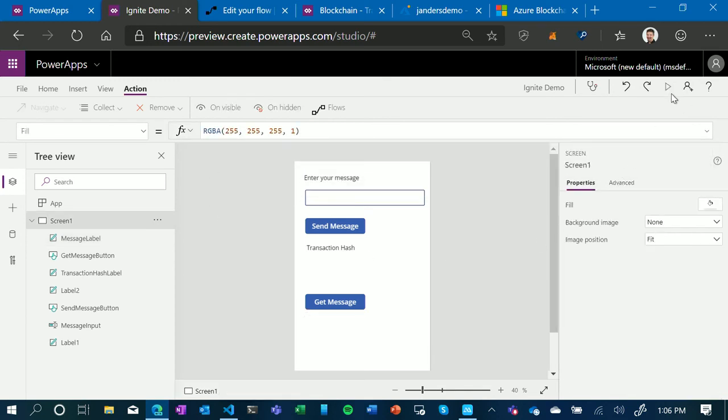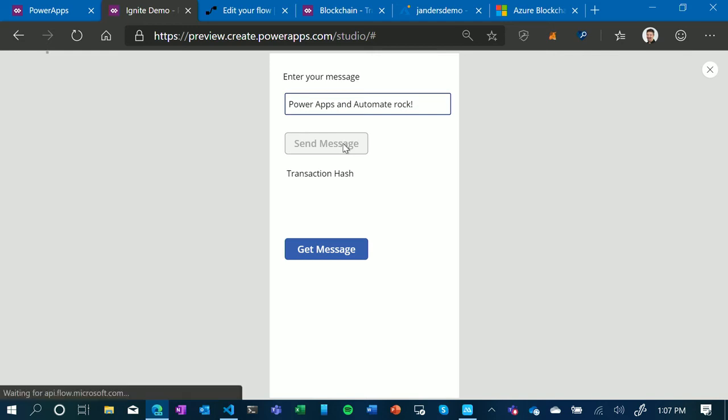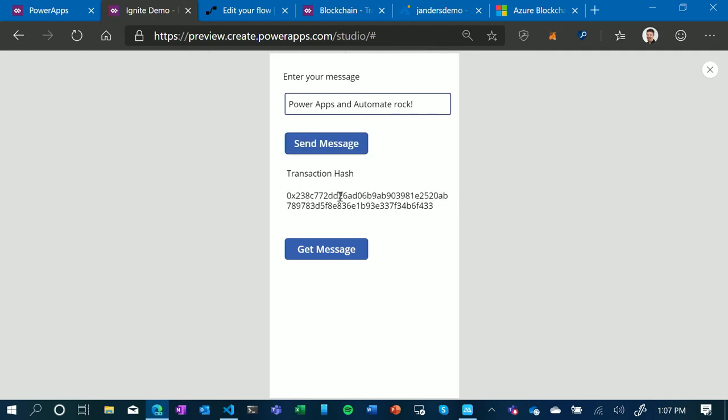Okay, and that's it. Fingers crossed it works. Let's send that off to the blockchain universe, get our transaction hash back. There it is, and get message.